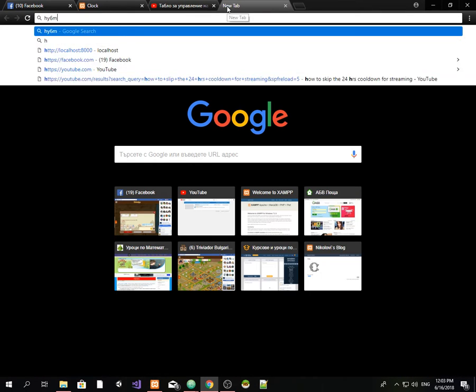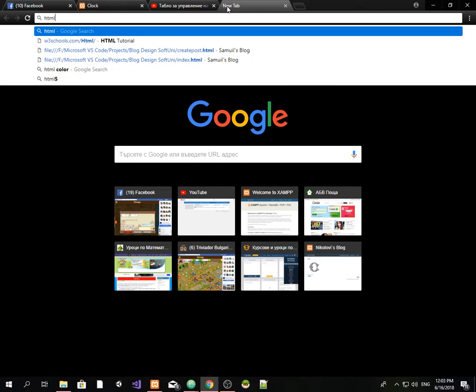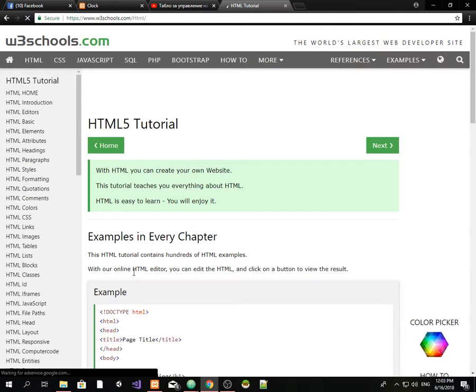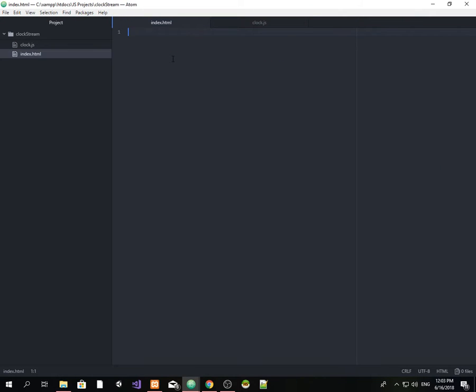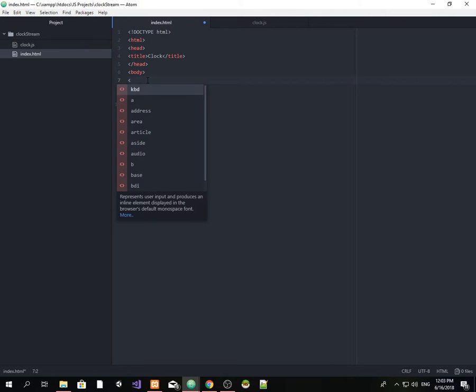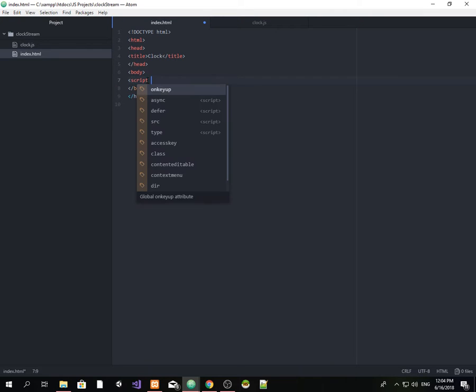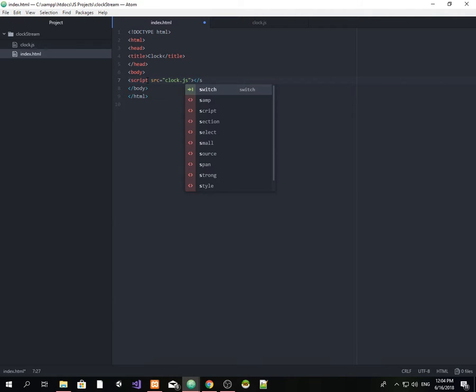Like in the previous times, we took the body from W3Schools. Here it is. We took the body. It's going to be called clock. And we don't actually need any content. We want in the body to have a script with a source of clock.js. We can close the tag now,